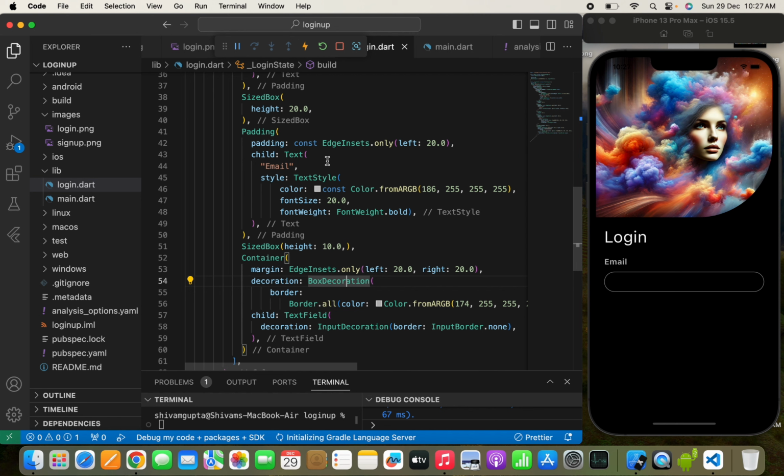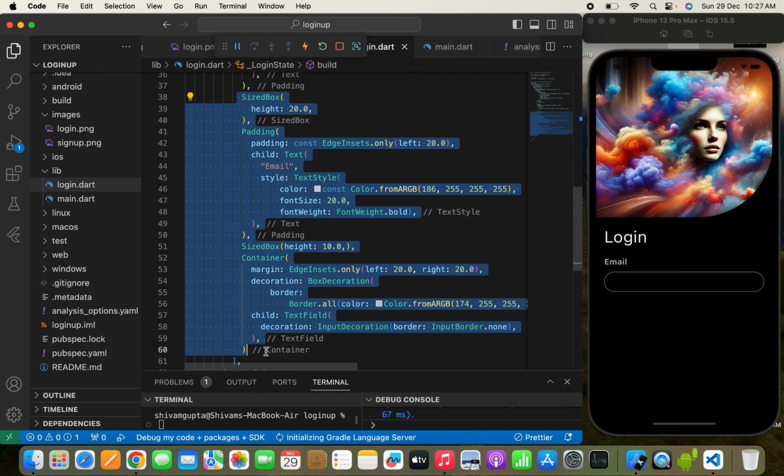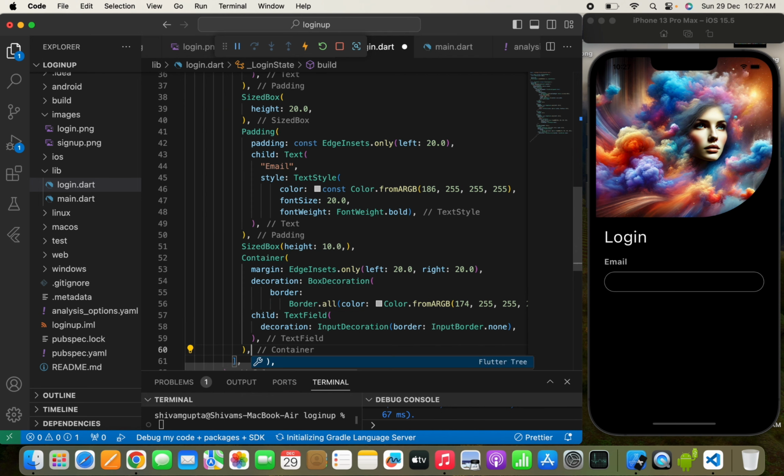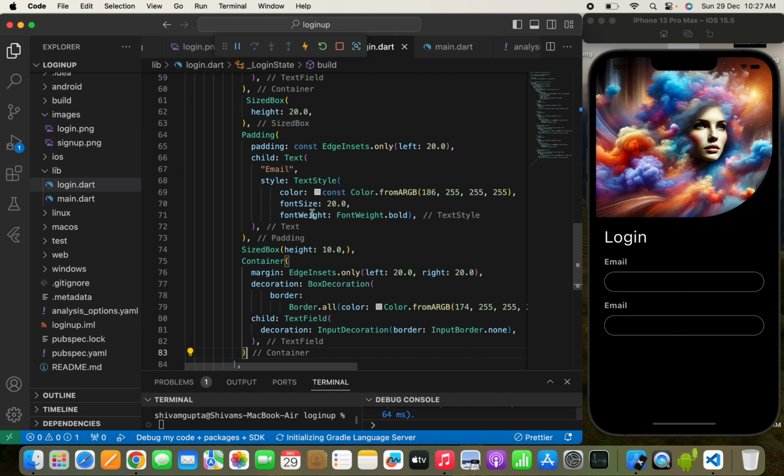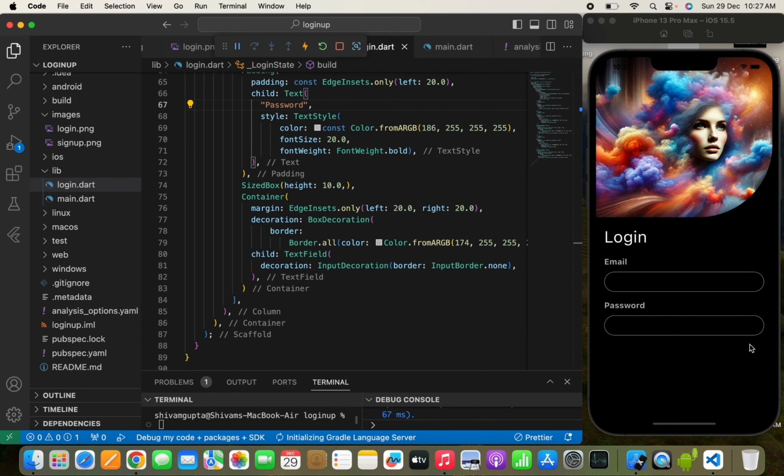So for the password I need to simply add a text widget and the text field again. So I need to copy all this and simply paste it over here. Now here, once we have shown it, we need to just write a password. Now here I can simply pass a forgot password text, because as you know, I think